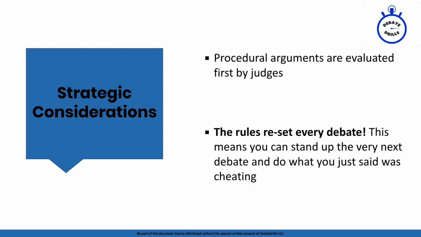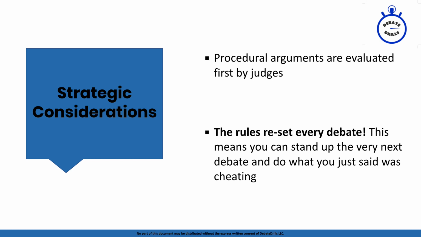This is hugely important because it means that even if you're winning a substantive debate and you're winning that the affirmative is superior to the negative in terms of the actual topic, if your opponent introduces a procedural argument, then they basically can make irrelevant the substantive portion of the debate, and they can say, because you cheated, the debate should end here and they should win the round. So this is a very powerful strategy because judges tend to evaluate these claims before they evaluate anything else in the debate.